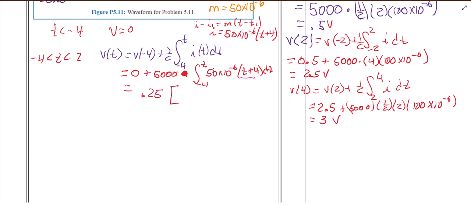And then if you integrate the t plus 4, you get 1/2 t squared plus 4t from -4 to t. And then if you plug in, you get 0.25 times 0.5 t squared plus 4t minus, and if you plug -4 in, you get -8, so minus -8,